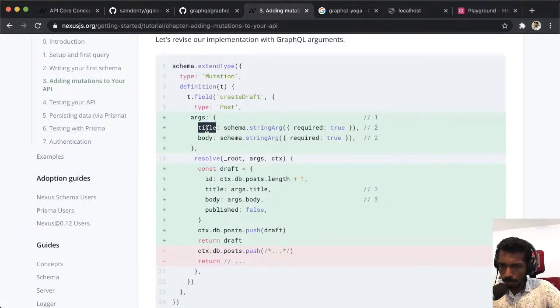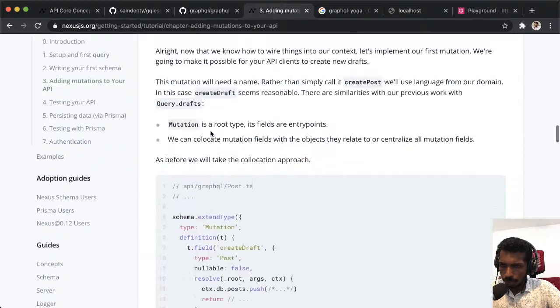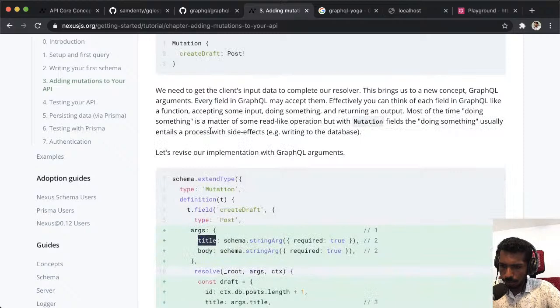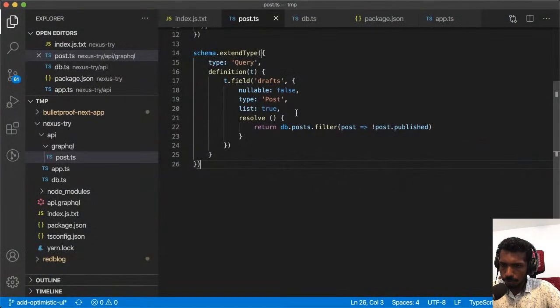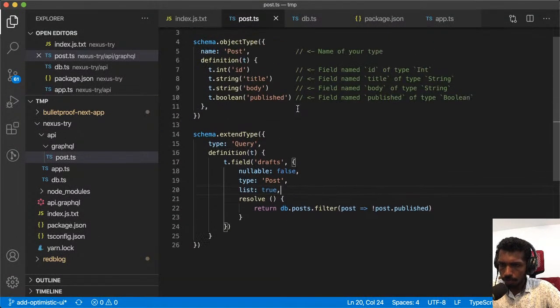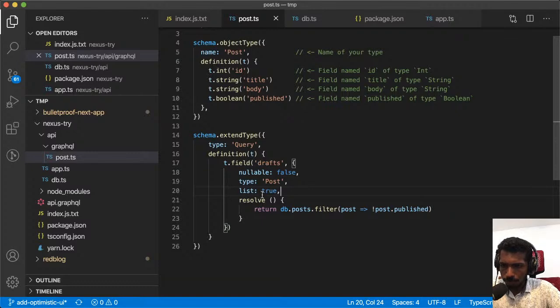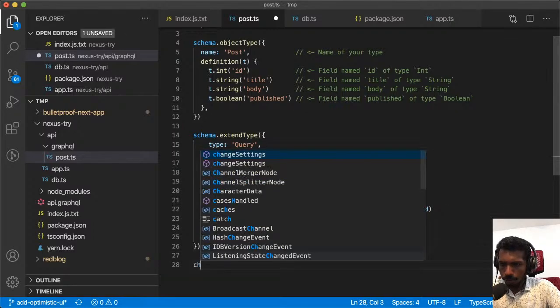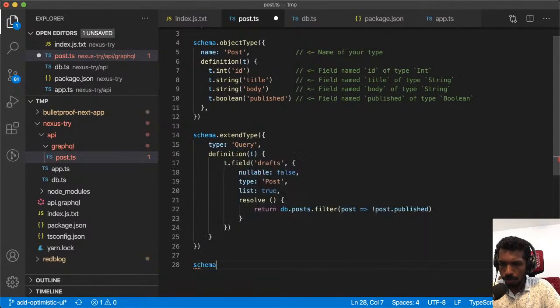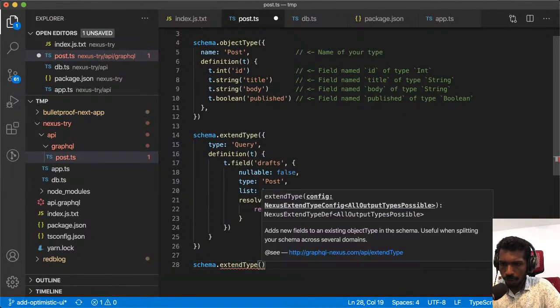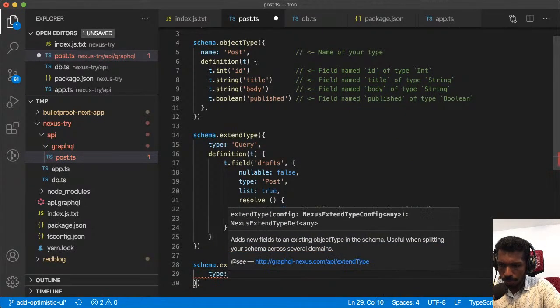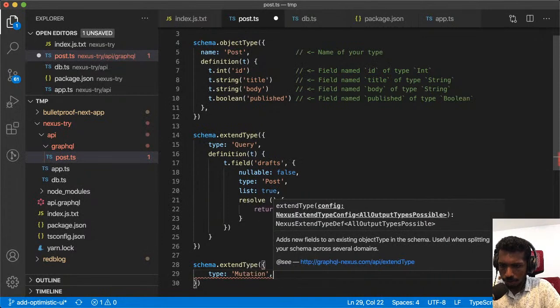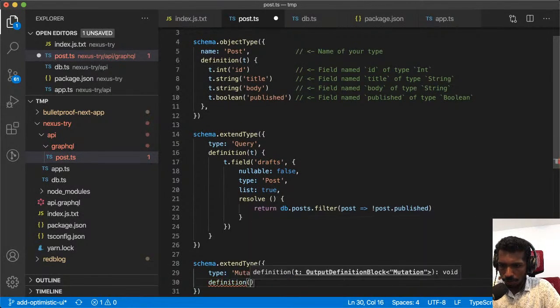So I'm defining some args here. All right, let me do that. Okay, I'm going to do schema.extendType, type is Mutation. All right, and definition should be t